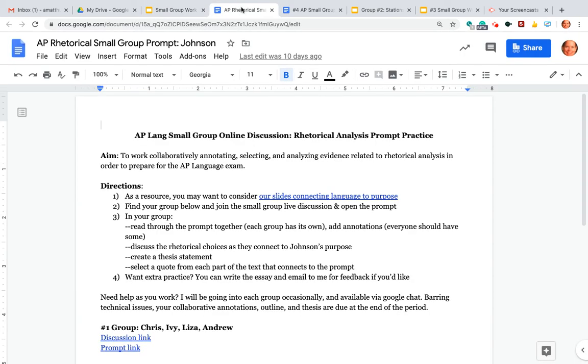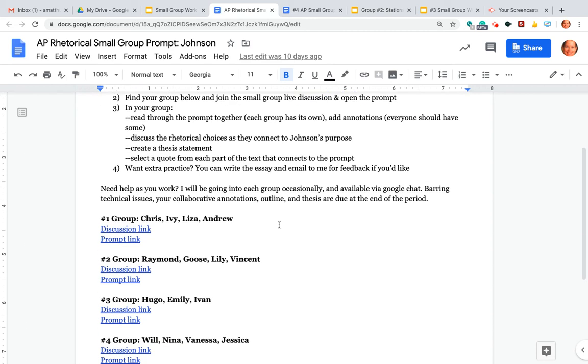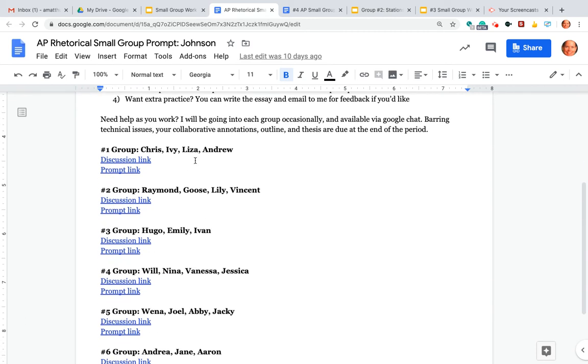For this group, an AP language group, it was like a writing carousel where a small group of students was looking at a text together, commenting on it and analyzing it. They first went to this document, found their group, and went to their discussion link, which was its own Google Meet, separated from the rest of the class, and they each had their own prompt to work on.